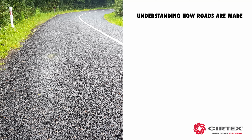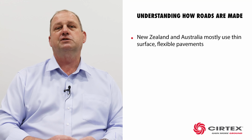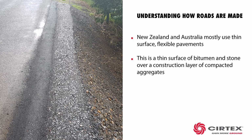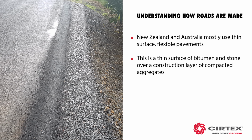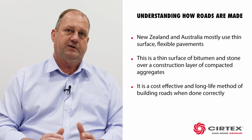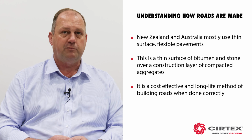So let's understand a little bit how the roads are made. In New Zealand and Australia, we mostly use thin surface flexible pavements. That is, a thin surface of bitumen and stone as a sealing and wearing course placed over a construction layer of compacted aggregates. Now we do this because it is a very effective, cost-effective and long-life method of building roads